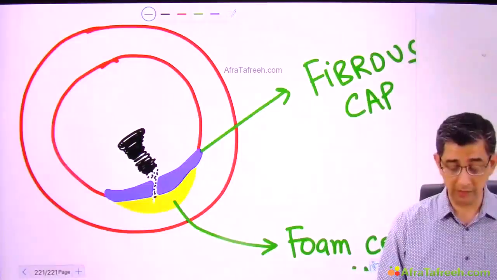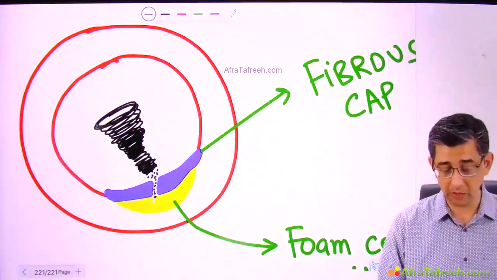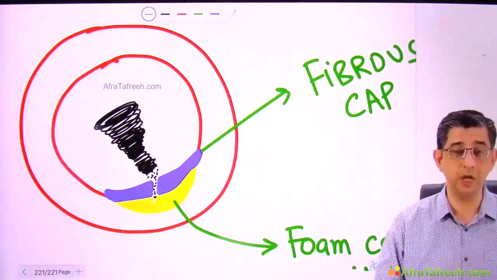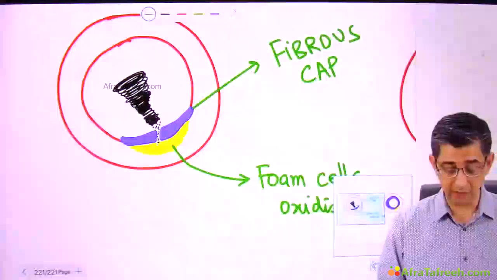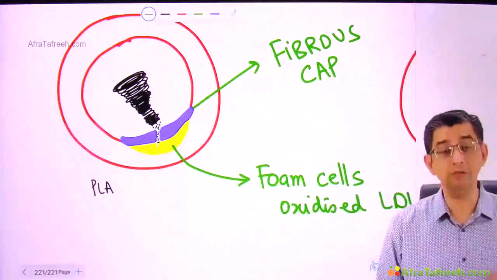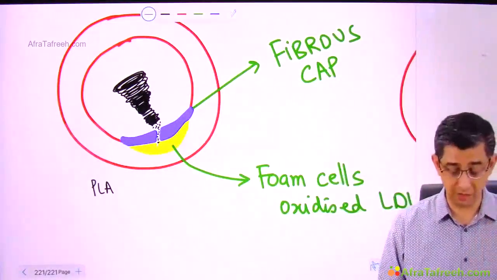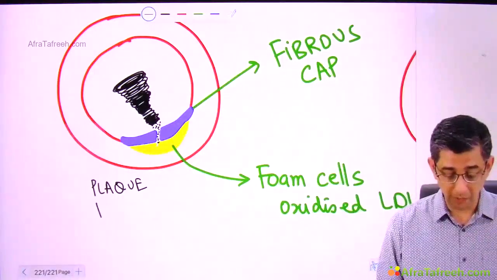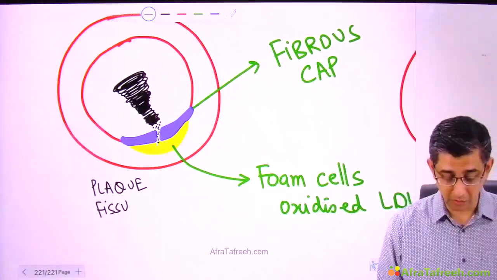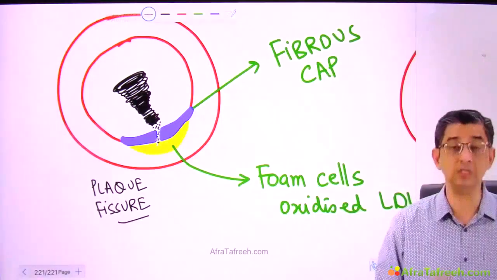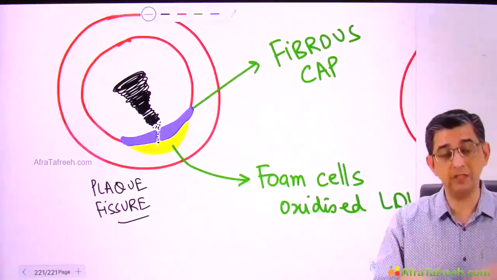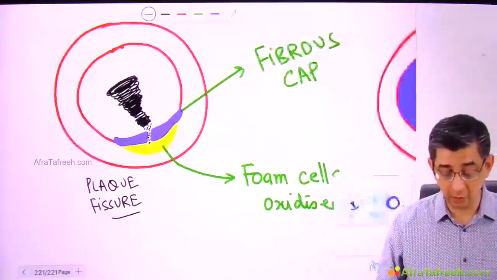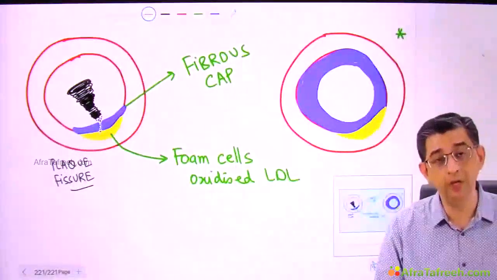In fact, this thrombus might become so big that it causes a complete luminal obstruction and the person can develop a myocardial infarction. The event that I described in this person who has relatively less atherosclerosis is plaque fissure. Don't be under the impression that less atherosclerosis is not going to be dangerous. Even less atherosclerosis can be dangerous enough that the moment it tears, the platelets jump onto the opportunity and the thrombus can cause a complete luminal obstruction.